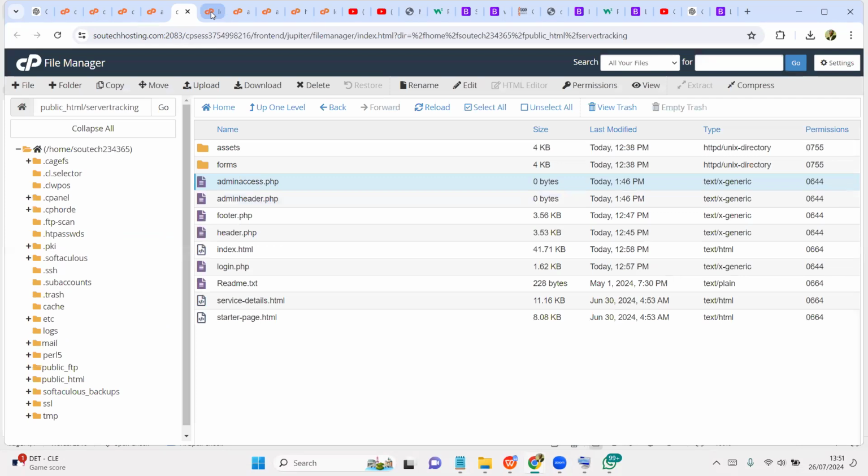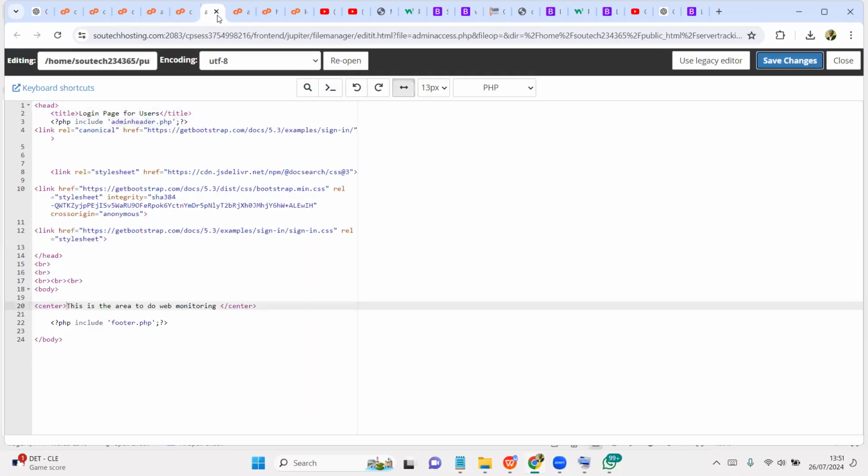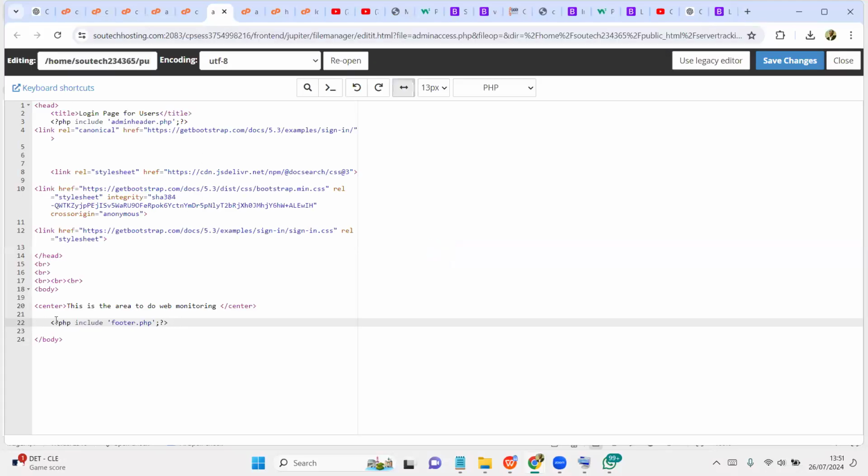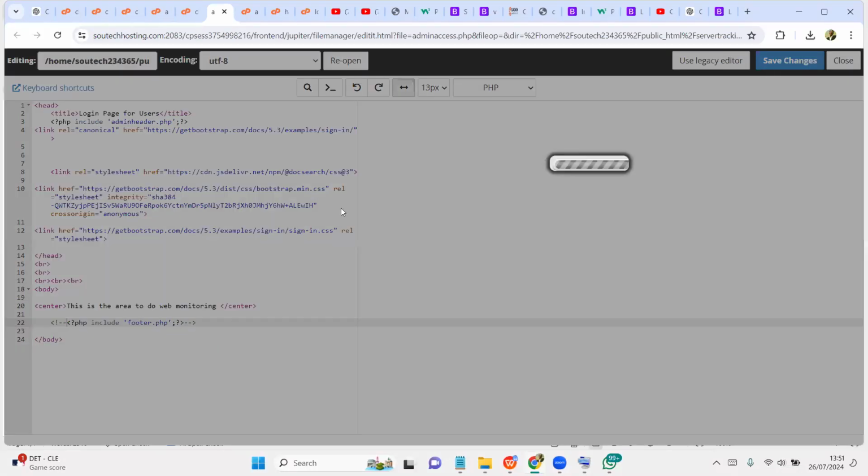So something is happening, it's not loading. Maybe let me take off this footer because you see this loader, it's in the footer section. It's a JavaScript file. So let me just comment this out by doing control/. Let me refresh.